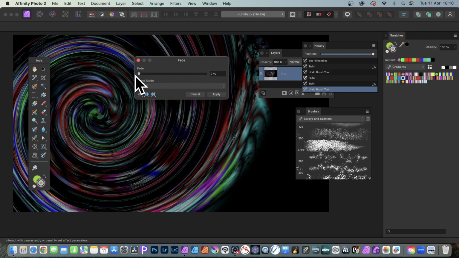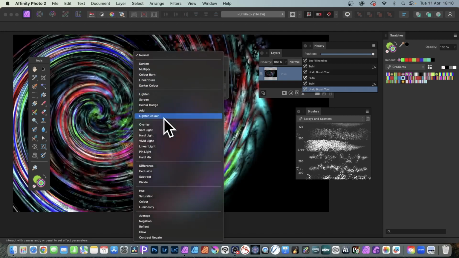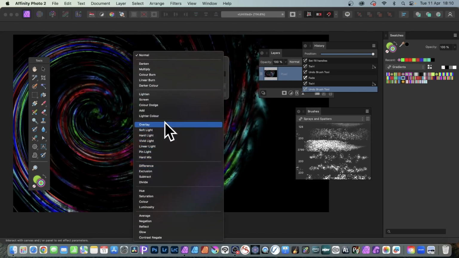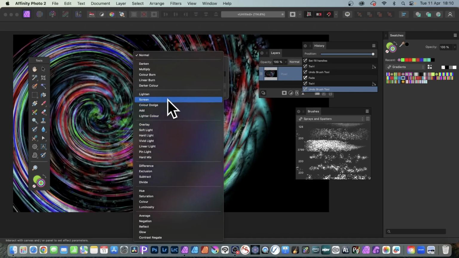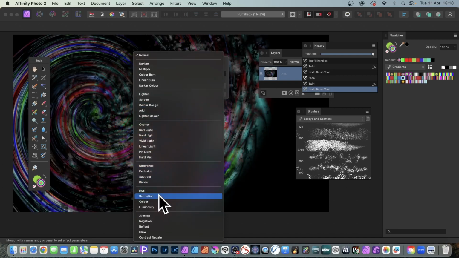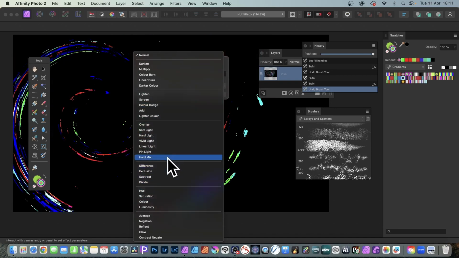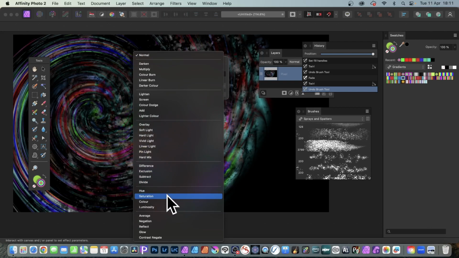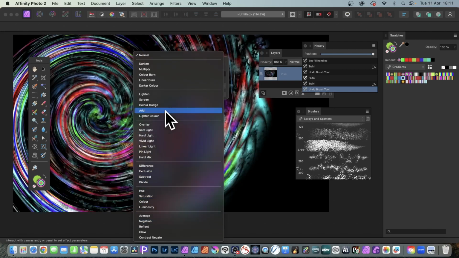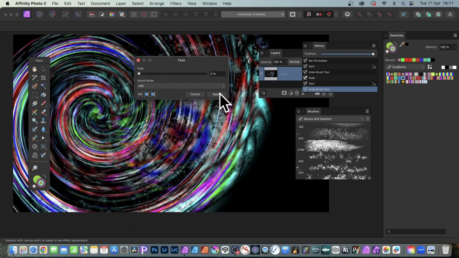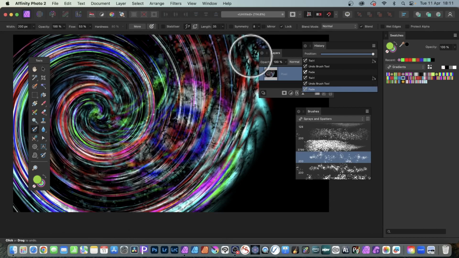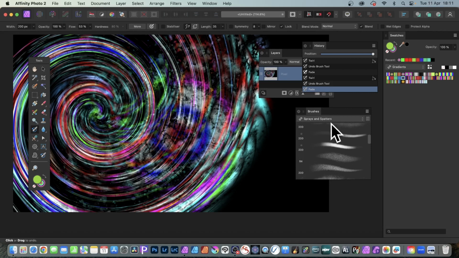You can go backwards and forwards. So at 0% and normal you can see the effect, but you can also run through again different, or overlay, or lighten, or screen. And you can just try and maybe divide. That's quite an effective one as well. Or average or negation. I'm just going to go with, say, add, and you can see that. But of course you can continue to use the fade, you could continue to do undo to build up all kinds of textures,